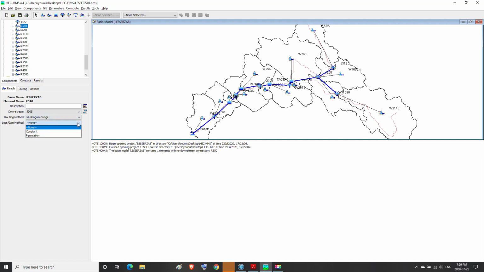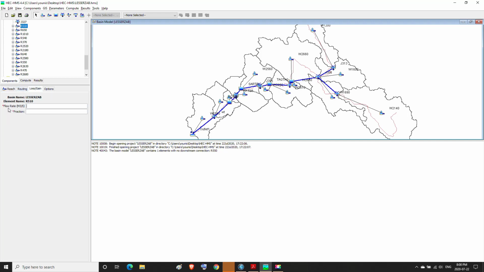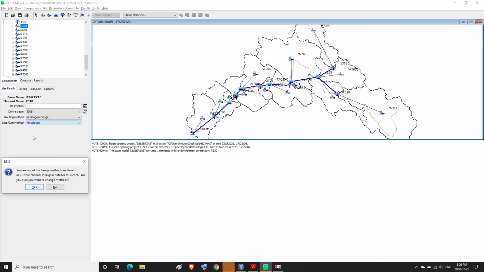And in the loss gain method, either we choose constant, and in this case we need the flow rate in meter cube per second, but we don't have this value. So for the loss gain method, we choose percolation.